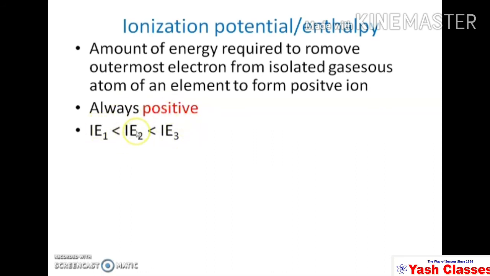So three types of ionization enthalpies may be there. Suppose you consider the example of aluminium. So there are 3 electrons in p orbital. So step by step, when p electrons are removed from the outermost shell, the corresponding ionization potentials can be ionization enthalpy 1, ionization enthalpy 2, and ionization enthalpy 3. But the important trend here is that ionization enthalpy 3 is always higher than ionization enthalpy 2, which is greater than ionization enthalpy 1.